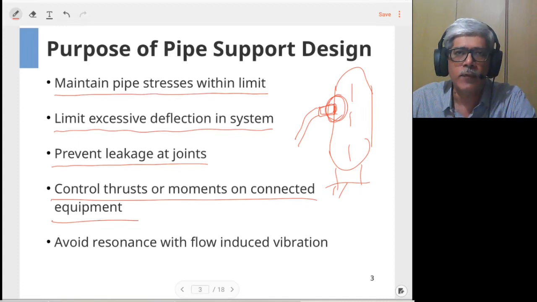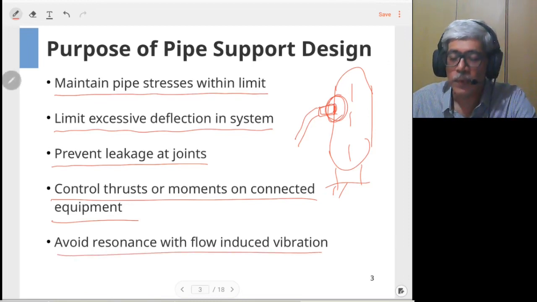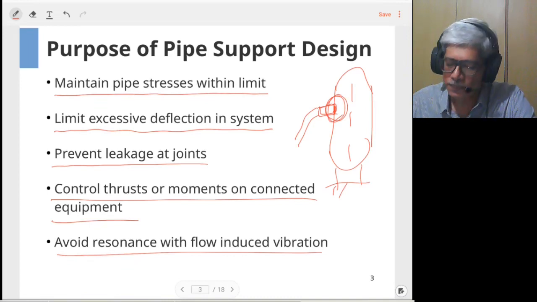Also in some services, typically in multi-phase or two-phase systems, you may have turbulence or flow-induced vibrations. In order to keep the system's natural frequency within limit, you need to provide certain supports so as to control the stiffness of the system. That is one more reason why we need supports. So as we can see, the piping supports serve multiple purposes to achieve various requirements in a piping system. Now let's see what information you require in order to begin the pipe support design.